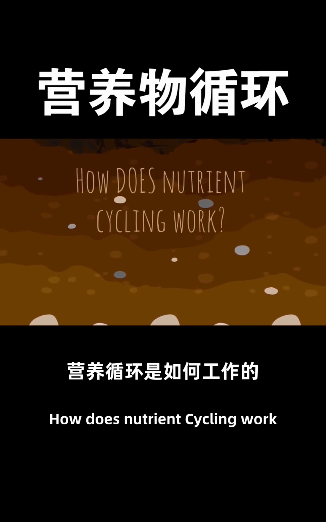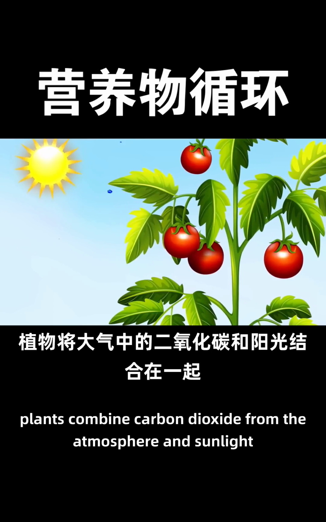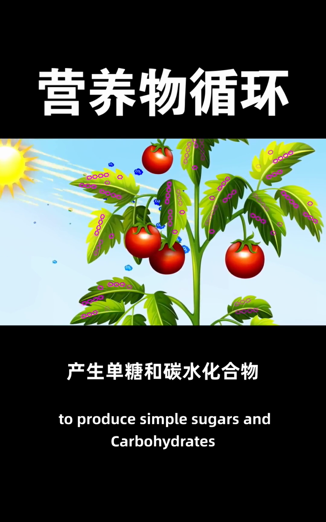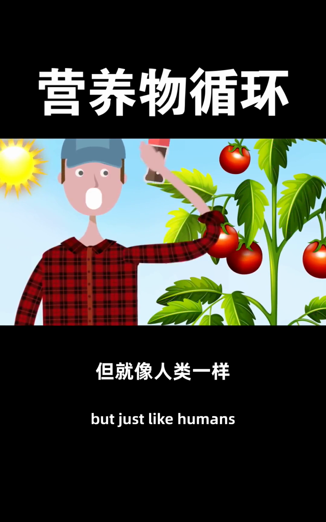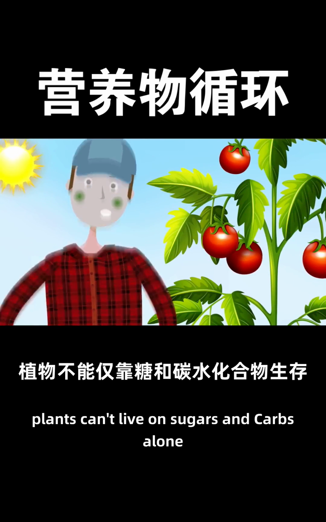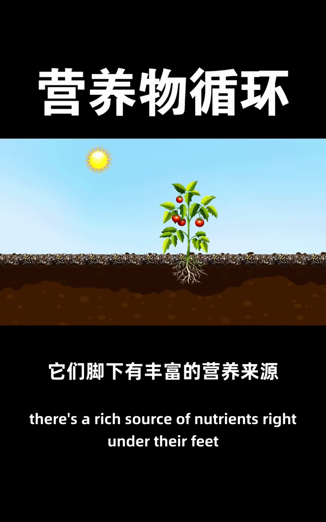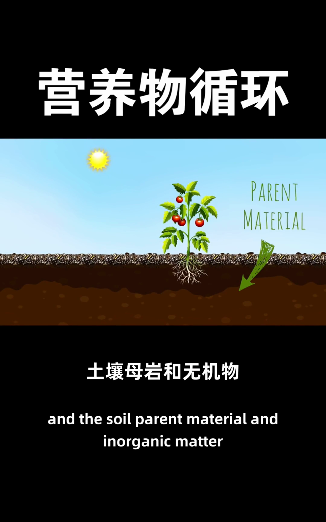How does nutrient cycling work? During photosynthesis, plants combine carbon dioxide from the atmosphere and sunlight to produce simple sugars and carbohydrates. But just like humans, plants can't live on sugars and carbs alone. Fortunately for plants, there's a rich source of nutrients right under their feet in the soil parent material and in